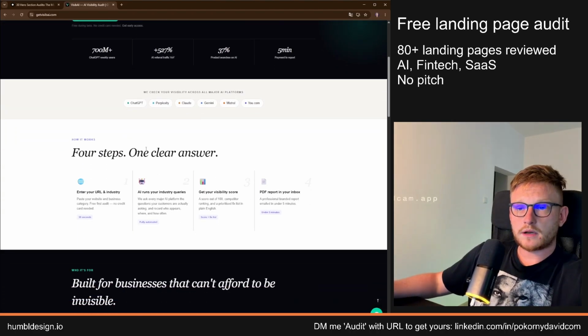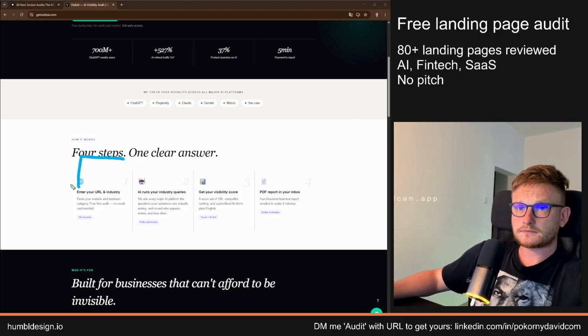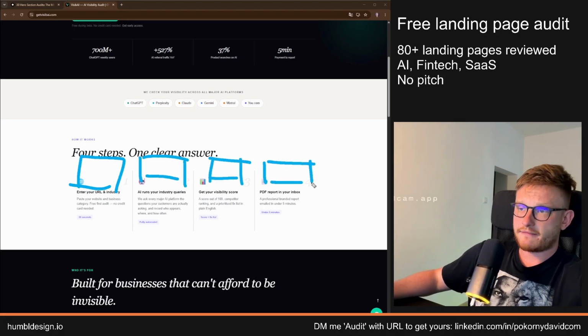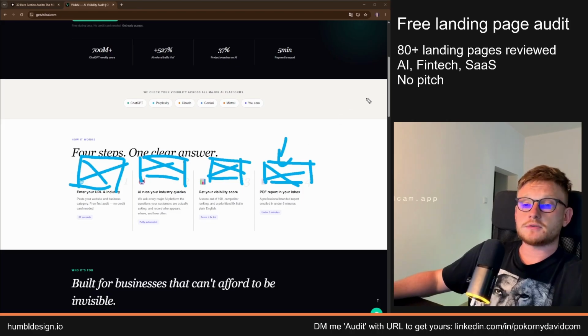For steps, one clear answer. This is how it works. This is fine. Big fan of that. One thing I would probably add are screenshots. Each how it works step should probably have some specific screenshots if they are related to your product. If there is something you can get out of the product related to the step, which you should be able to, because this is how it works related to your product, then add those screenshots. Okay.